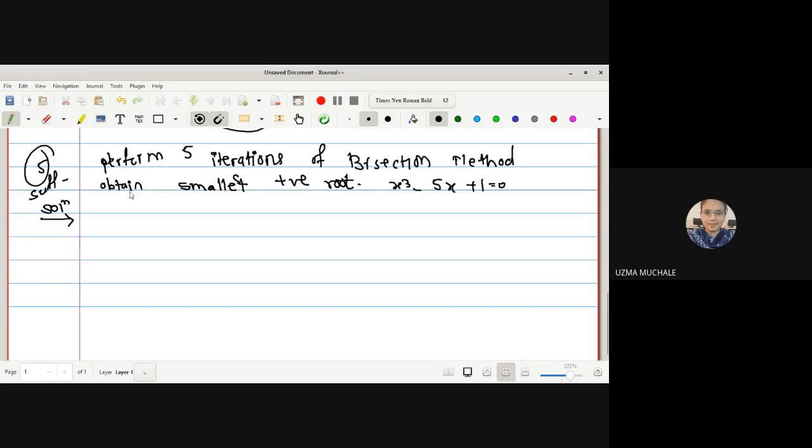Written the question. So what we have to do? We have to find out the root by using the bisection method. Then we have to perform 5 iterations. For that, what I told you, first you have to apply the